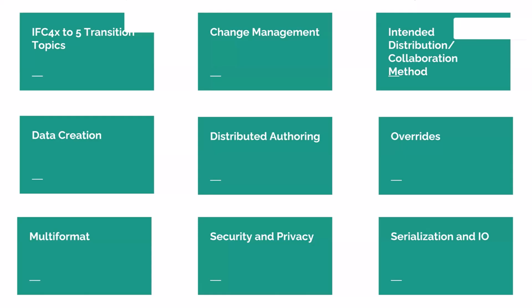So what's the difference between multi-format serialization and IO? Well, multi-format being this requirement we've got from the rail operators that I want to be able to have my 3D data, but I also have SysML data and all these other things that describe my track infrastructure. That is making the linkages between those things. We don't control SysML for track infrastructure, so we're never going to.